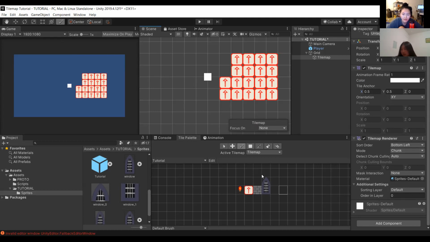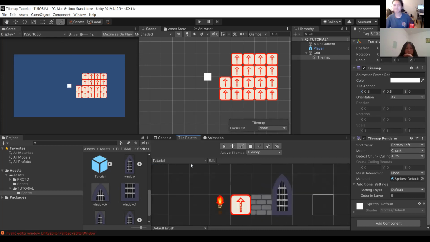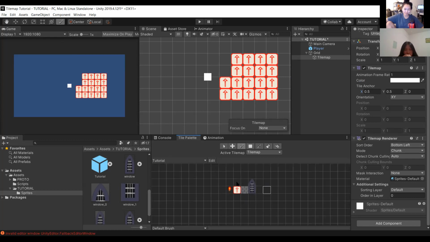How do we fix the tile palette gridding? If we dragged in a sprite, it completely messes up the original tile spacing. If you delete it and then go to the proto tile and then back, it should fix. Let me know if it doesn't. Do we have to delete the sprite? Yes, delete the erroneous sprite as well.